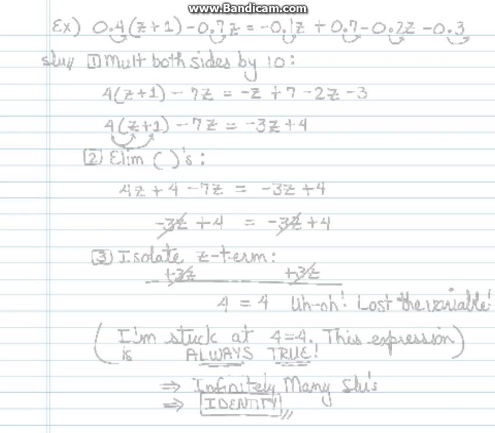Okay, we're going to do an example. We're going to solve a first degree equation in one variable, and we're going to identify it as either an identity, a contradiction, or a conditional equation. The problem is